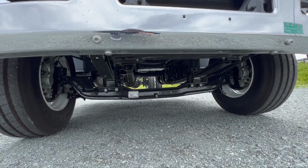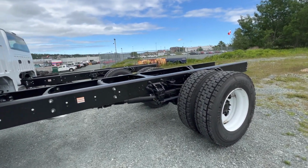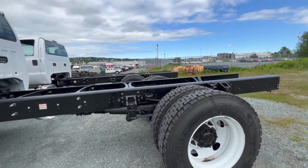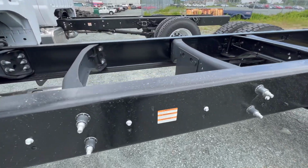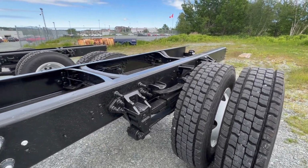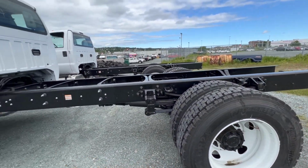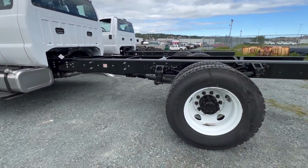the front suspension. Now you probably noticed that these trucks don't have any bodies in the back of them. That is because they are getting upfits at our local upfit company. But I will talk about the frame of this truck. So this does have its 120,000 PSI frame rail, and obviously there are multiple different length options. This specific one is a 197-inch wheelbase, so it's 197 inches from the center of the hub, from the front